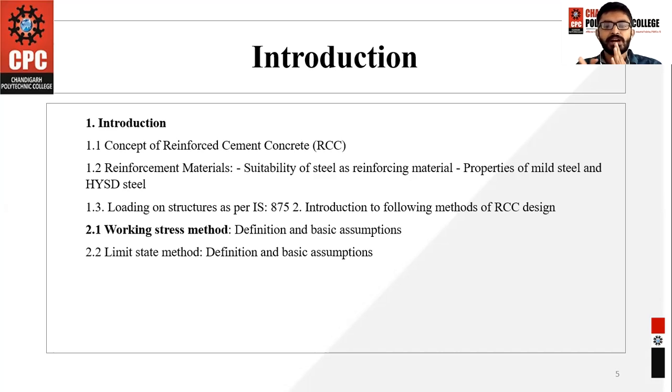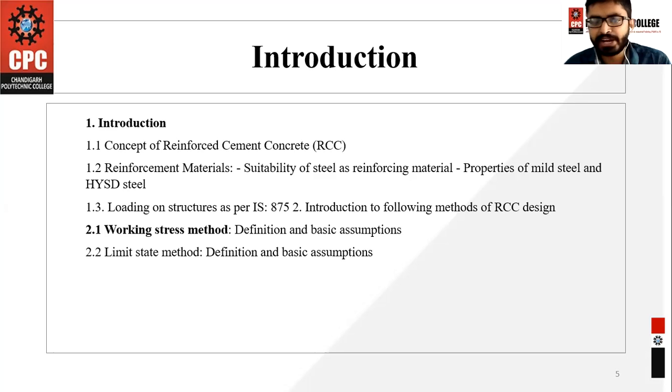Moving further, I would like to tell you what steel is. Steel is simply an alloy of iron and carbon. If the amount of iron is more in the steel, it provides high tensile strength. If the amount of carbon is more, it provides high compressive strength. So steel has both high compressive strength and high tensile strength. But in concrete there is only high compressive strength; the tensile strength is negligible, almost zero. In steel, there is high tensile strength as well as high compressive strength.